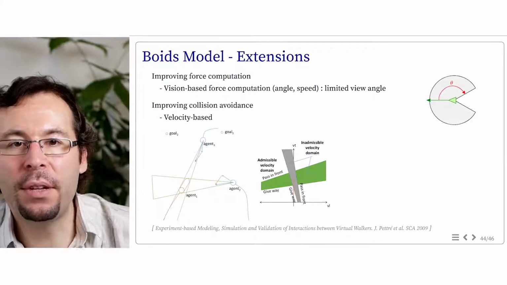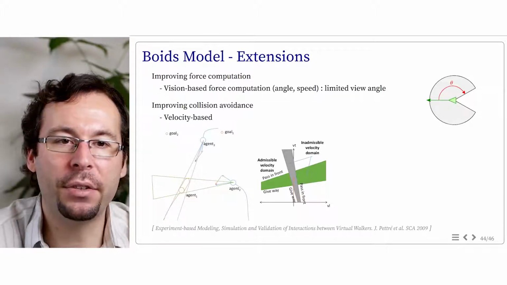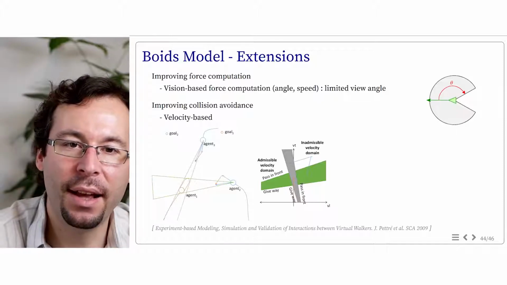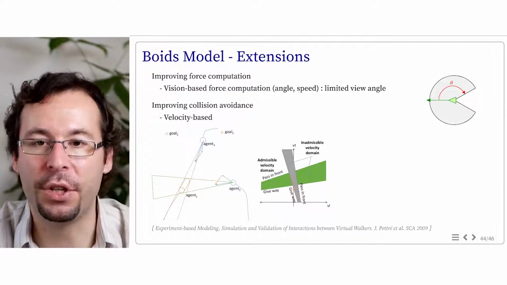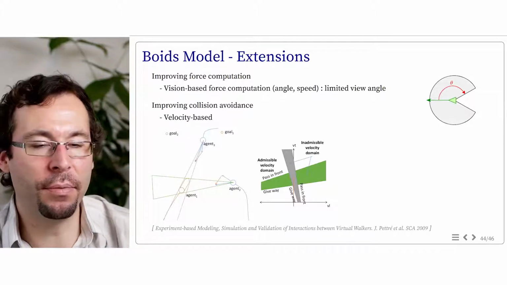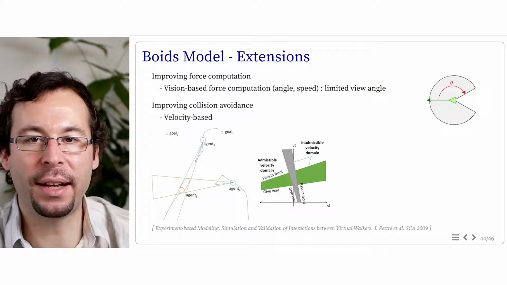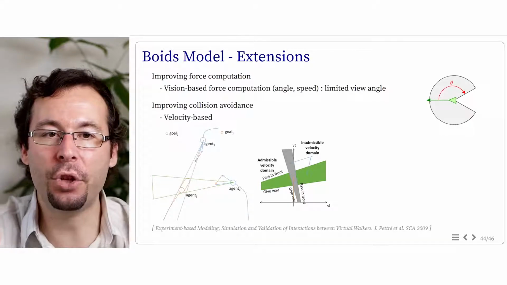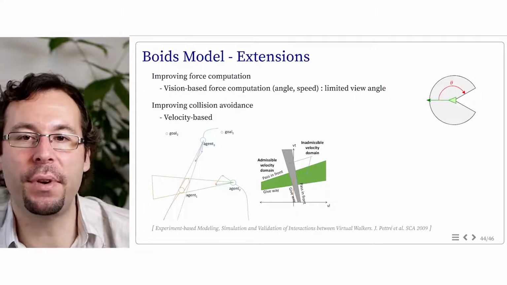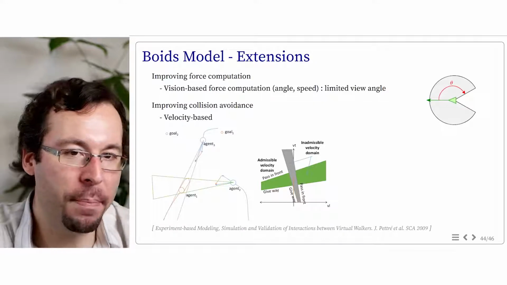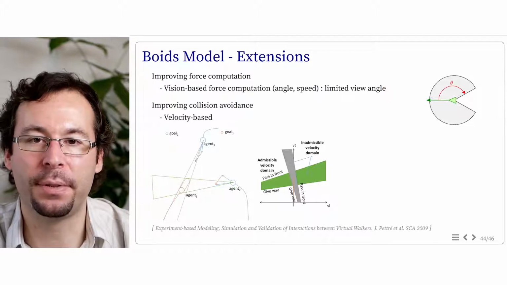So it's as if, as humans, we were constantly able to evaluate the possibility of collision based on the position and velocity information we can see, and we constantly adapt our own trajectory in a way that avoids predicted collision. And this is actually the principle of the velocity-based approach. In this approach, we look at pairwise agents and try to predict the risk of collision, assuming that the velocity of each agent remains constant. Then based on this information, we try to find a minimal change to apply, either in direction or in speed, to limit this risk of future collision.